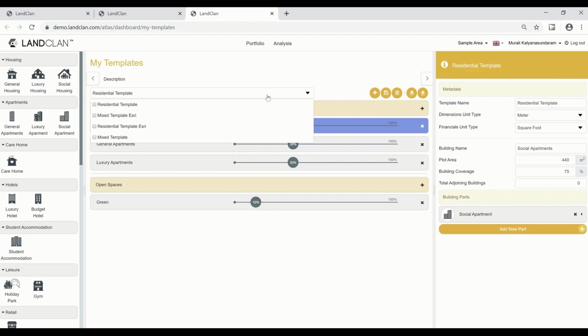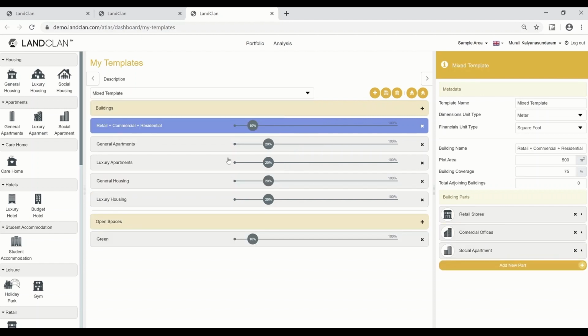So we're just going to select a mixed use template here. We may move the slides about a little bit. It really depends on your preference, and again, this is quite an iterative process that you can go backwards and forwards until you understand what the maximum GDV and a residual land value is for this development in specific